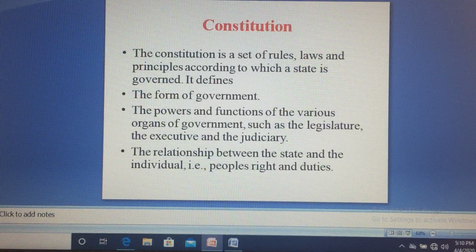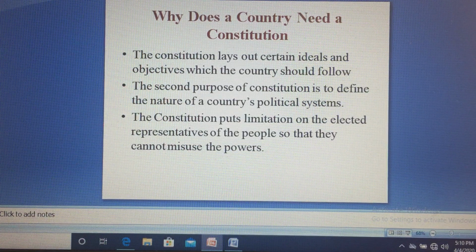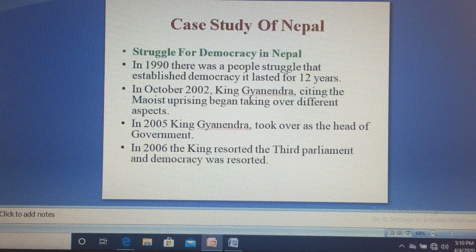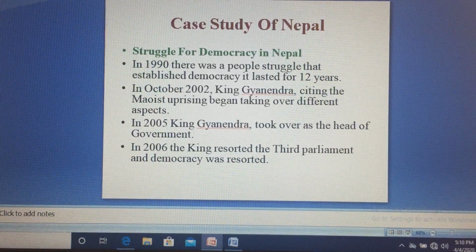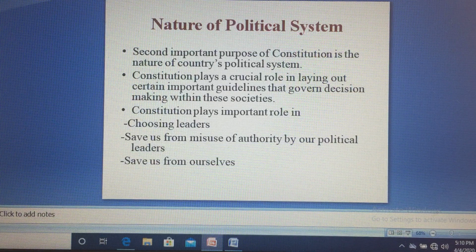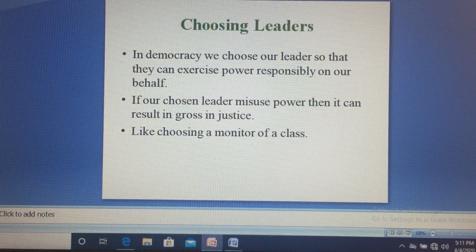We discussed what a constitution is, and why it is necessary to have a constitution for any country. Then we discussed the preamble. Then we discussed the story of Nepal, how change in power led to change in constitution as well. And then we discussed how, for any country, selecting the nature of its political system is important, and how the constitution lays the principles for selecting a political system, how we choose a leader, and what happens